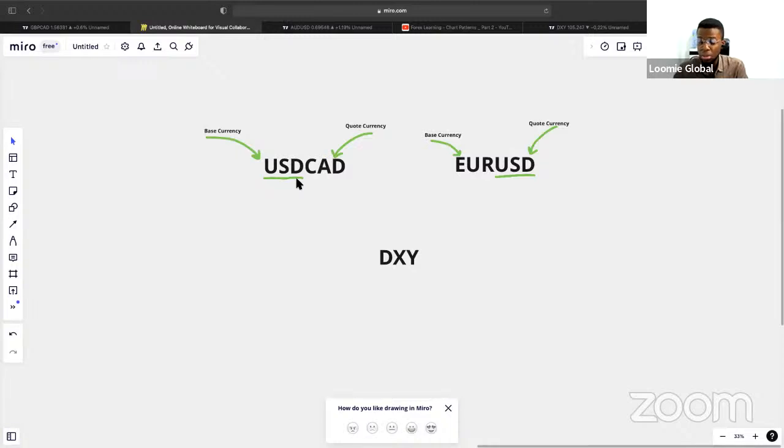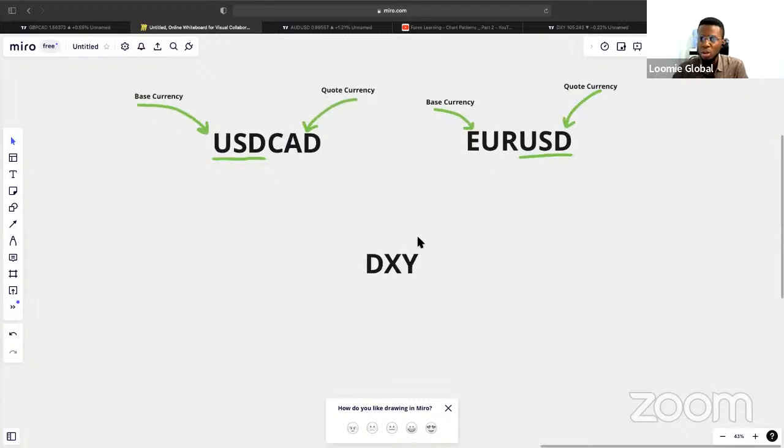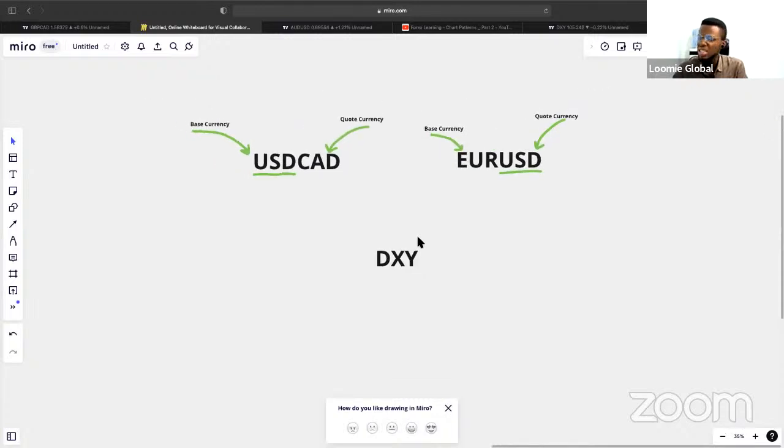When I say directional, directly proportional, or directly correlated, rather, correlation is the word I'm looking for. DXY is directly correlated, and don't worry, I will discuss currency pair correlation much later. It's not anything too advanced, but currency pair correlation basically refers to the relationship between currency pairs and how they act. So if I tell you that Euro USD is positively correlated to GBP USD, it means that they move in the same direction most of the time. And that was not a random example. Euro USD, GBP USD, AUD USD, they are positively correlated.